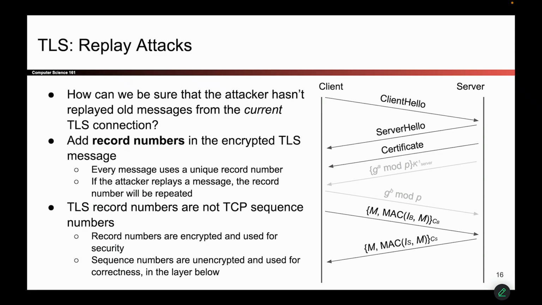Anybody can modify those. A man in the middle could modify those. And TCP doesn't stop that. It's just for reassembling packets into the correct order. By contrast, record numbers live inside the TLS payload. So they live inside the encryption. And when you send that record number or timestamp, you have to encrypt it. And this way, an attacker cannot modify the record number to make it look like the replayed message was actually two different messages. So they might look similar at first, but these two numbers serve different purposes at different layers.